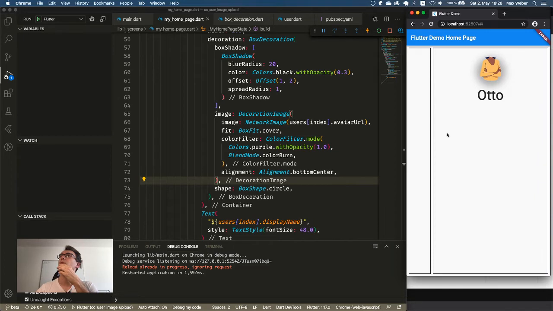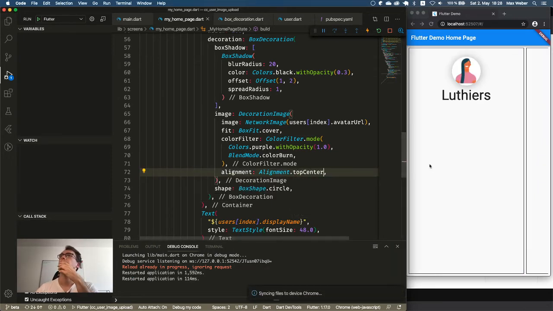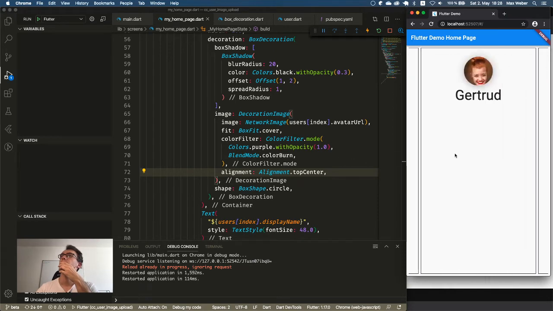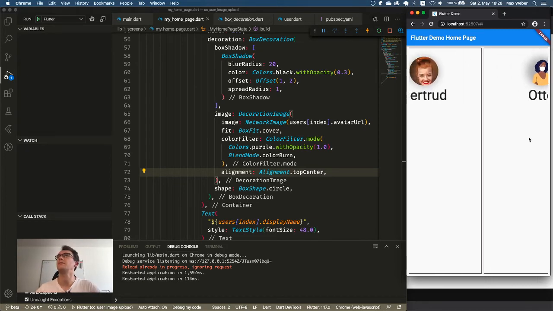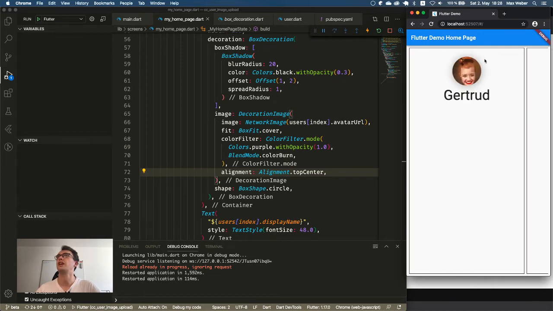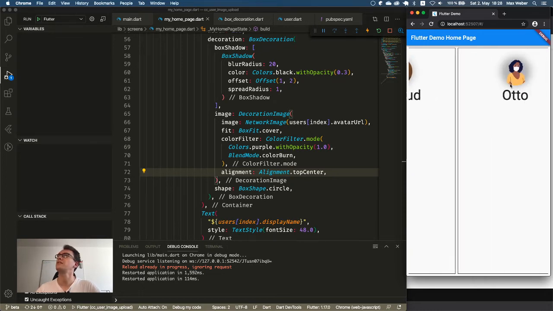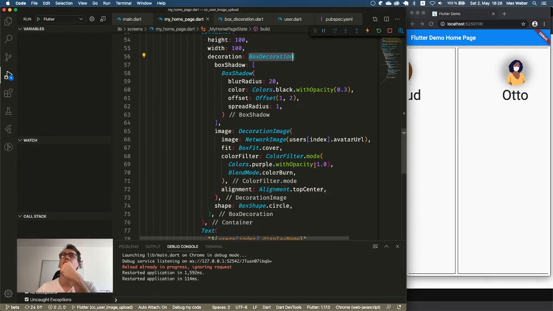Do we see something? Where? Okay, it's exactly the opposite, top center. Much better. So it is still free of everything. We could maybe create a circle around it, a border surrounding it, so that it has more shape. Because it's interesting that the background of that container becomes invisible or transparent thanks to the image.